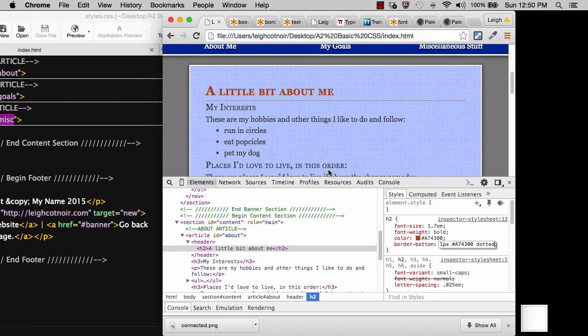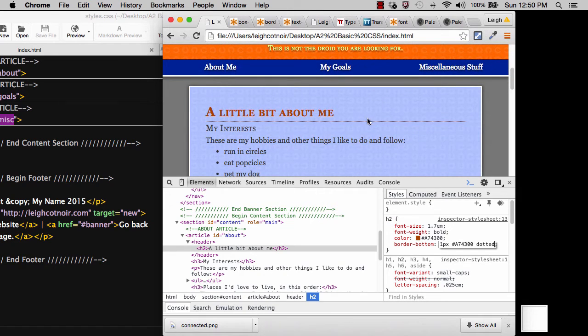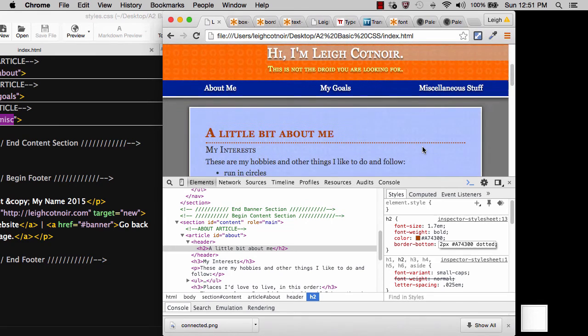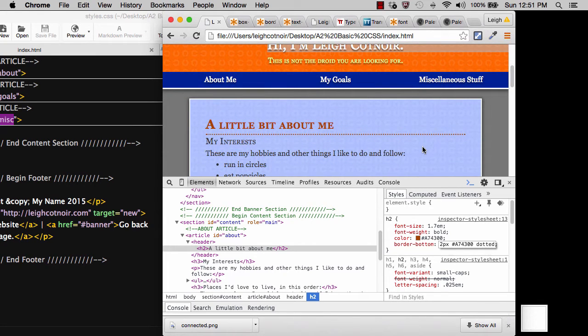Okay, and I think those dots might be a little bit too small. I think that's a little bit too diminutive. And that might be a little bit better, but I think that's a little bit too heavy. I actually think this is a situation where it might be useful to have, instead of a hexadecimal number, to do the